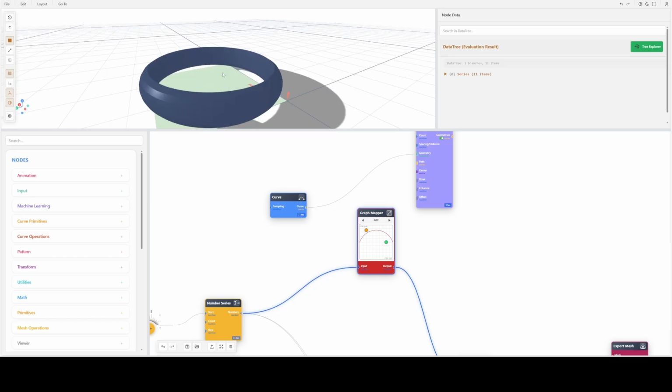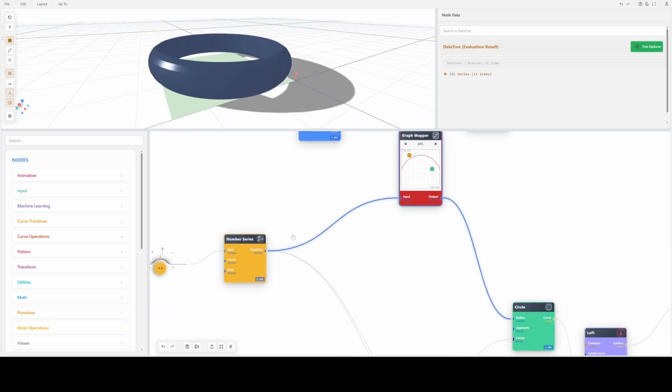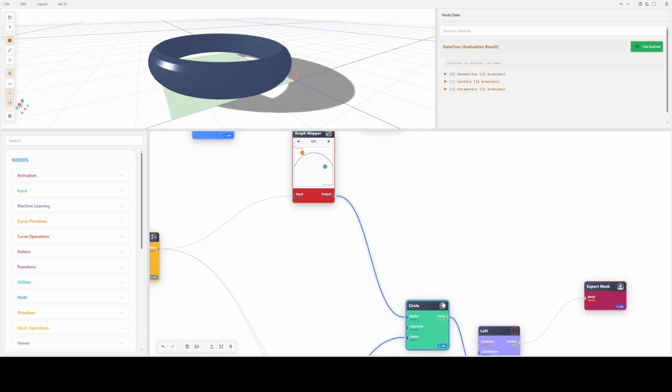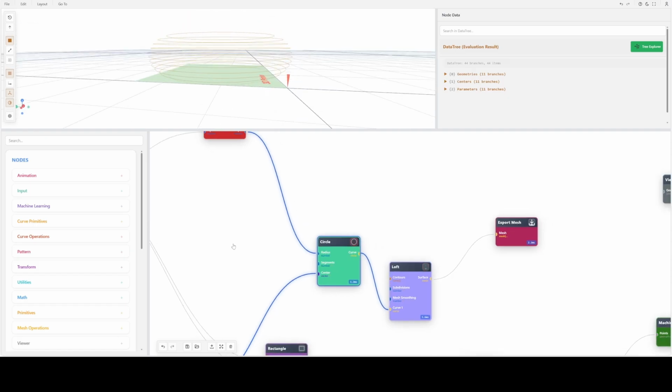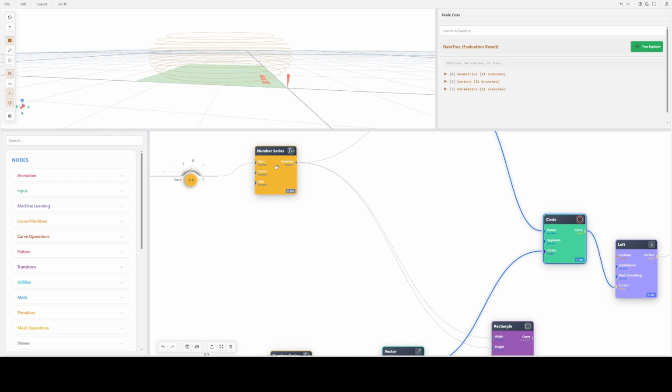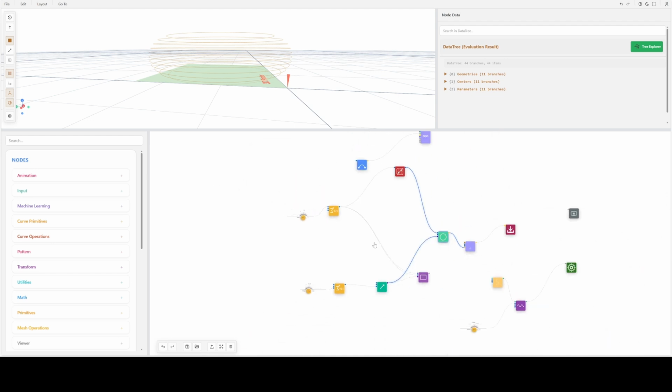And if you need it more smooth, then you need more curves. So you need to just define more of them, and for that you need to increase the counts in your number series. So, and here we are already at the beginning. So you see, all you need is actually